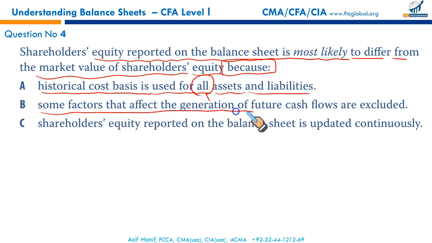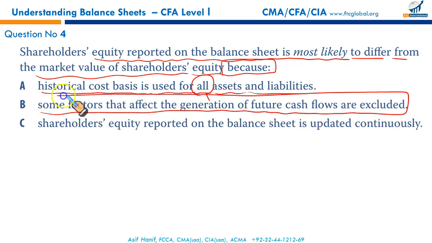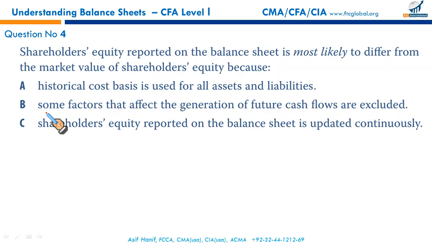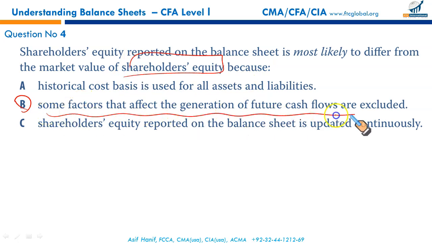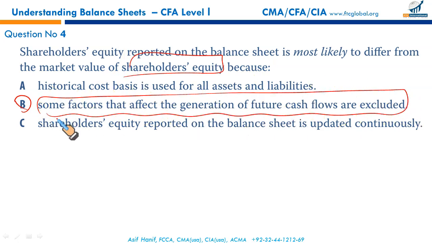Some factors that affect the generation of future cash are excluded from the balance sheet, from equity. This is true because a company may have more profit generating capacity in the future, may have more projects in line that might generate more EPS in the future. This hasn't yet been factored into your equity because it cannot be done under the current US GAAP. So it is done by analysts. This is the reason why the equity reported on the balance sheet might be different than the equity calculated by the analyst. Book value per share will be different than the market value per share because the market value considers the future cash generation by the firms from future activities. This is the reason why there could be a difference.